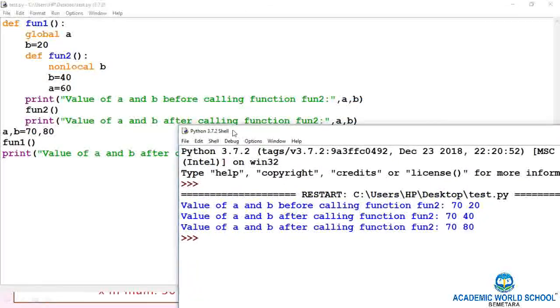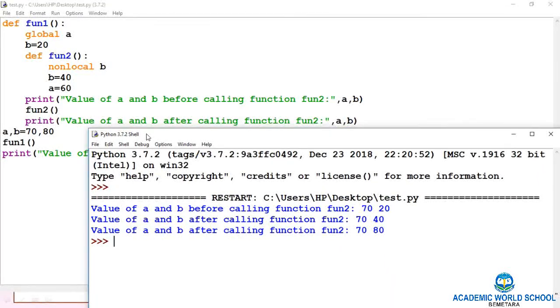Now function 2 is called, value of A and B after calling function fun2. Now B is a non-local variable. So the value of A and B, now understand, B is 40 and A is equal to 60. Now when value of A and B is printed.